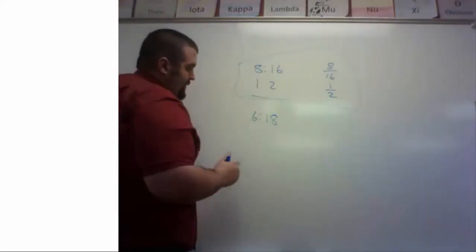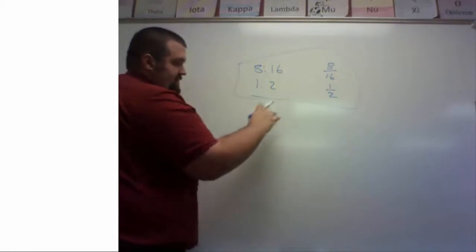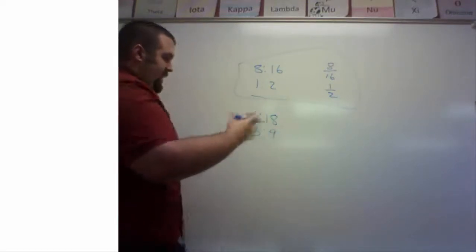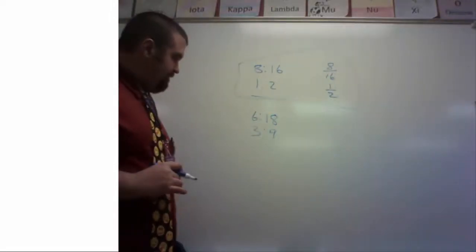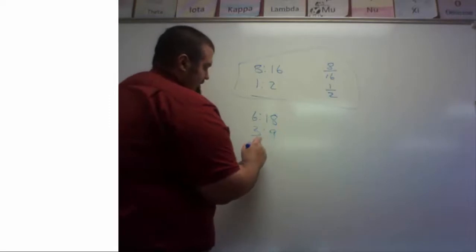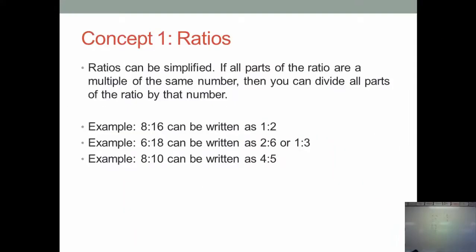So let's try 2. 2 goes into 6 3 times. 2 goes into 18 9 times. Alright, they're both not even. 2 is out. Oh, but 1 is 3 and 1 is 9. Let's try 3. And there we go. Again, in the next example, you can say, alright, 8 to 10, they're both even, so